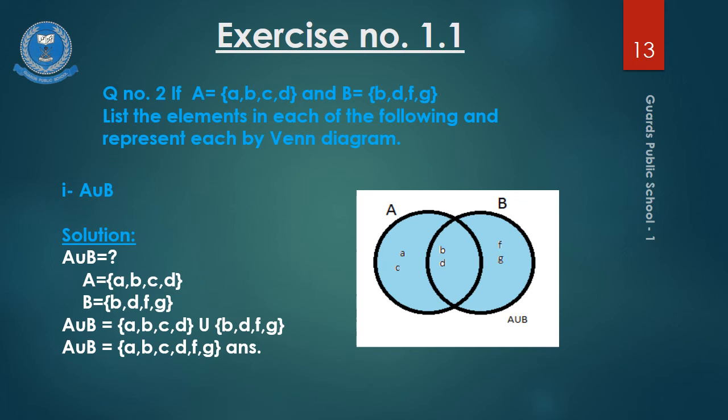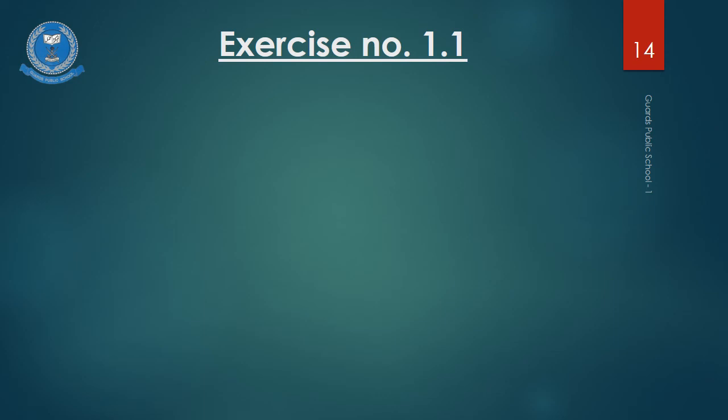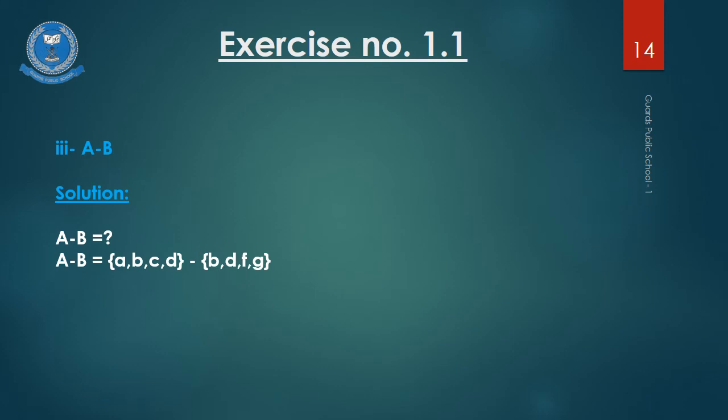Now write the elements in both the circles. Now come to the third part, the overlapped area. In order to find A minus B, we will write A, B and D, which are the elements common in both the circles, in the overlapped area. The remaining elements of set A will be written in circle A, and the remaining elements of set B will be written in circle B. As we know that these sets are overlapping sets, we will draw both the overlapped circles for the Venn diagram.